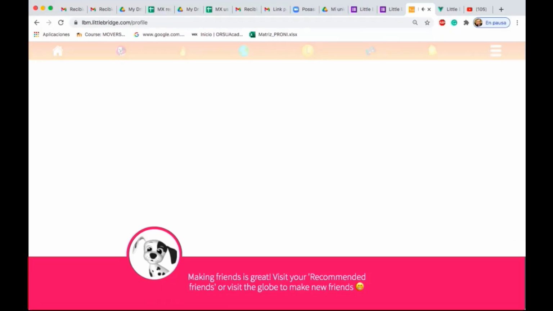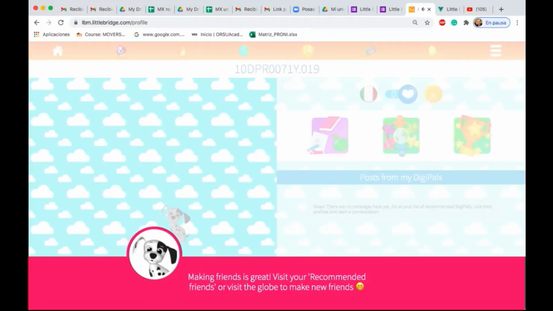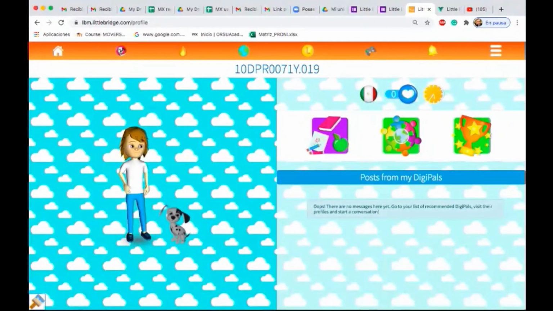So when you enter for the first time, this is how it appears. Can you see here? This is the username. Every time you enter, wherever, whoever, in any way you do, always Domino is going to be here. It greets you with a sentence. You click and it disappears. This is a new account, as I show you. As you can see, everything is blinking because this is a real account.